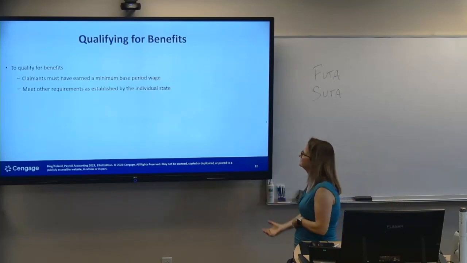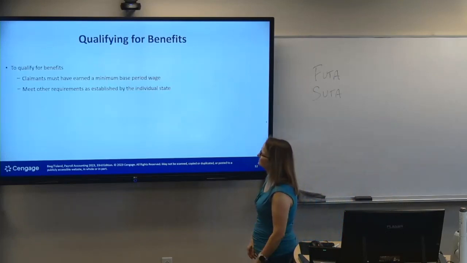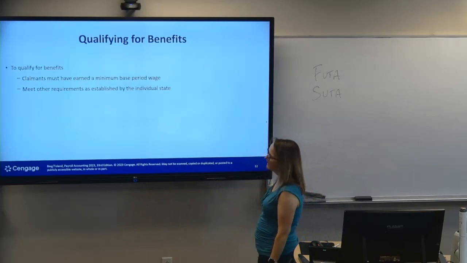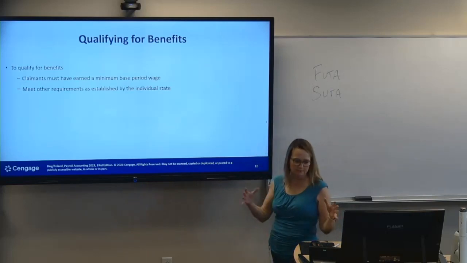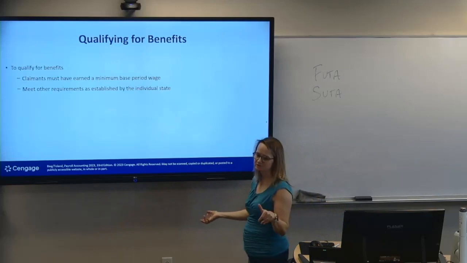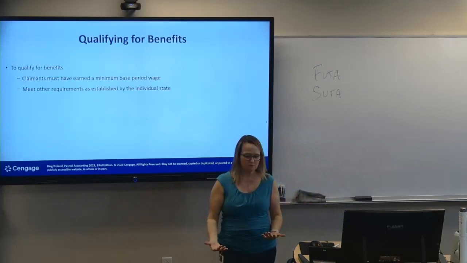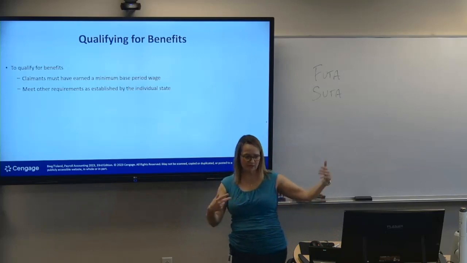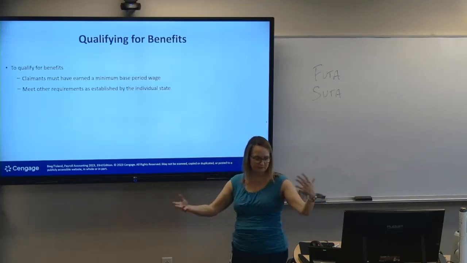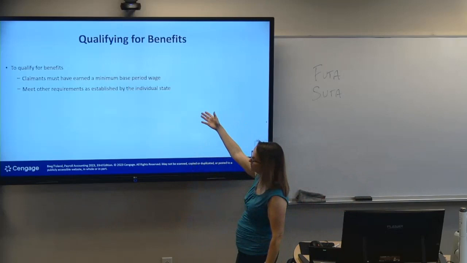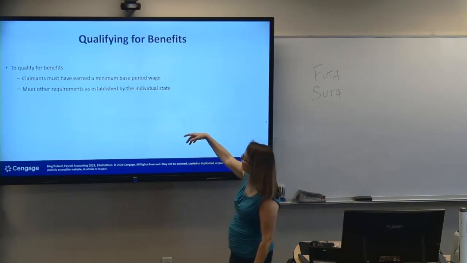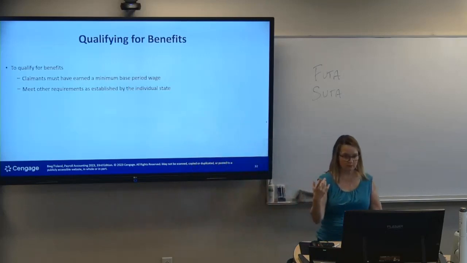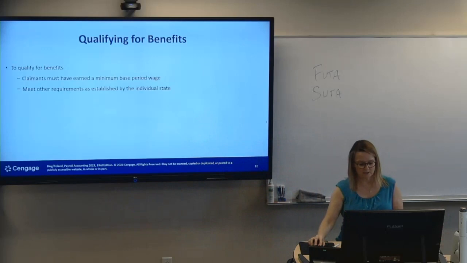So benefits is about as deep as we get as far as benefits go. You have to have earned a minimum amount during a specified period of time. So you can't just go work for a company for one day, get terminated or laid off, and then go collect unemployment benefits, right? You have to have actually worked there for a certain period of time and earned a certain amount of money. And then each of the states have their own requirements as well as to when employees,